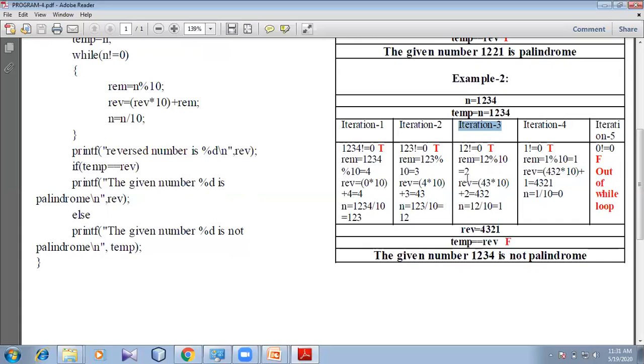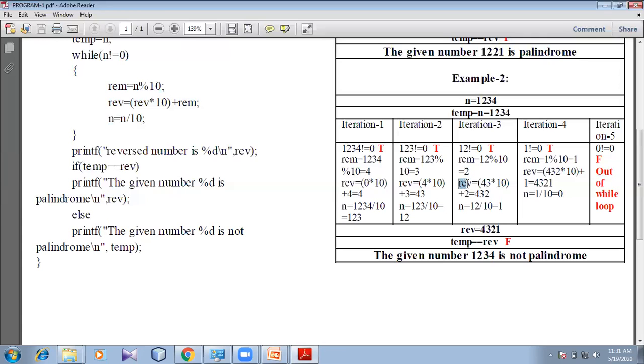In iteration number 3, once again we are checking whether the value of n is not equal to 0. The new value of n is 12, and 12 is not equal to 0, which is true. So once again the while loop will be executed. Here, 12 mod 10 gives the remainder as 2.